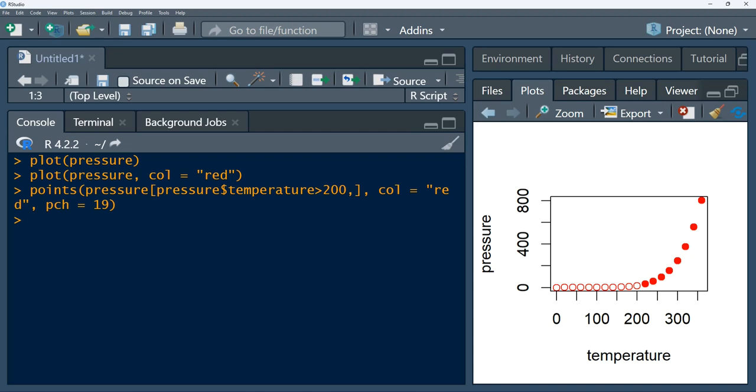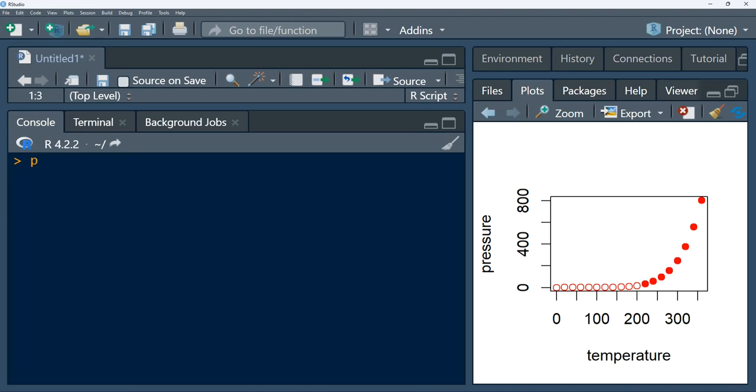We can also add lines in a similar way that we have been doing for points. Say, for example, I'm going to say plot, and then I'm going to say pressure, right? So now let's say we want to add lines. Say we want the lines to be added maybe at half the temperature. So in order to do that, we can say lines and say in our data